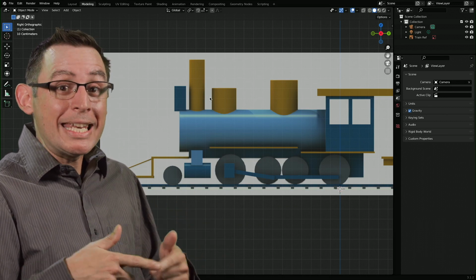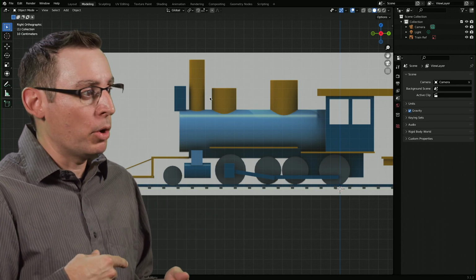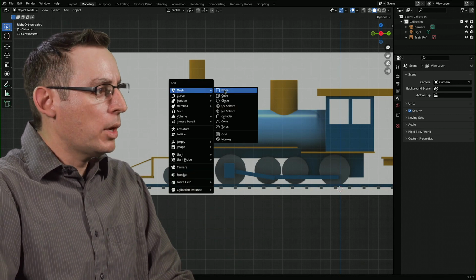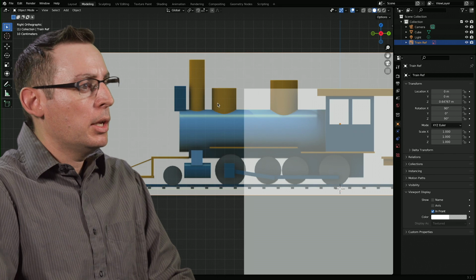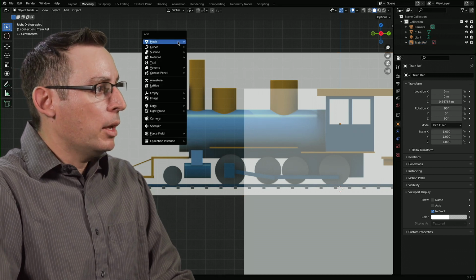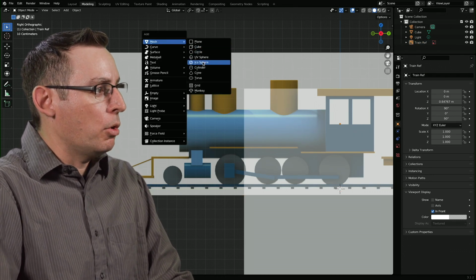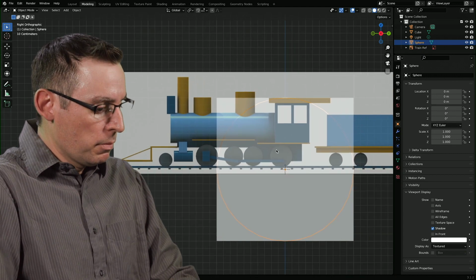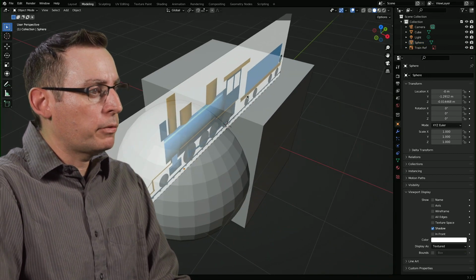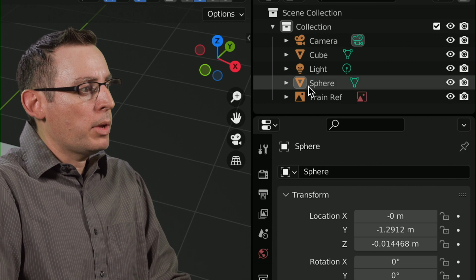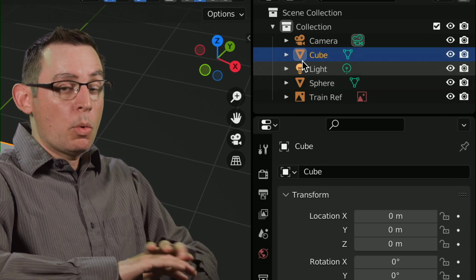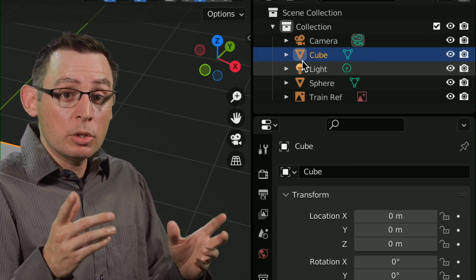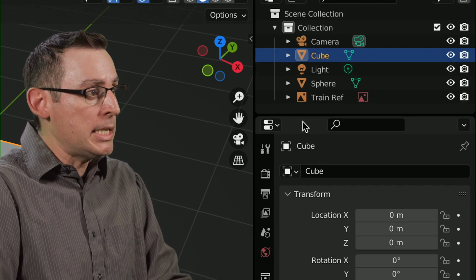We don't want to work initially entirely inside of object mode. Of course, we could go in and create, in object mode, a cube that works. And then I'm also in object mode right now. We can go in and make, I don't know, a sphere. We can have a whole bunch of different objects. And if we look carefully, especially in our outliner, we have a sphere object, we have a cube object, we have a lot of parts and pieces. We can certainly do that. But there is one alternative idea here.